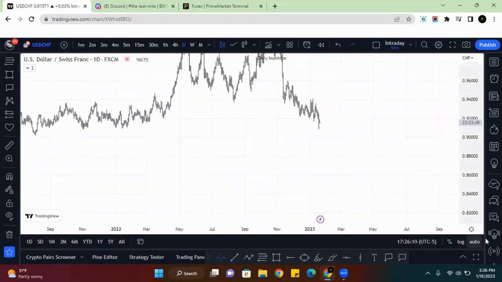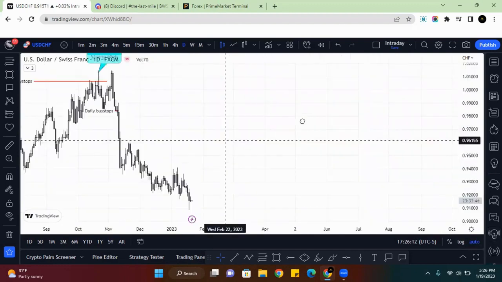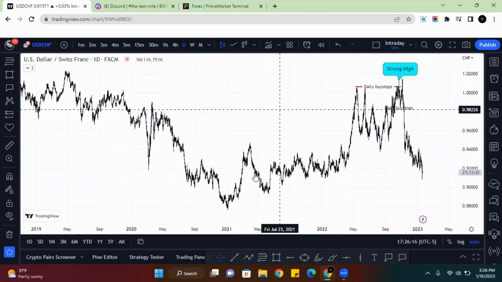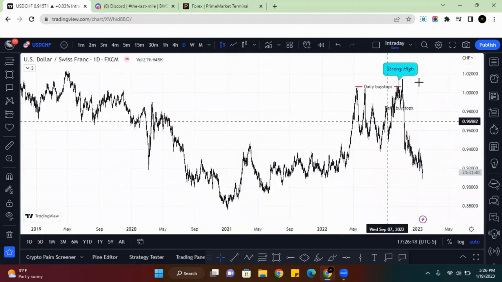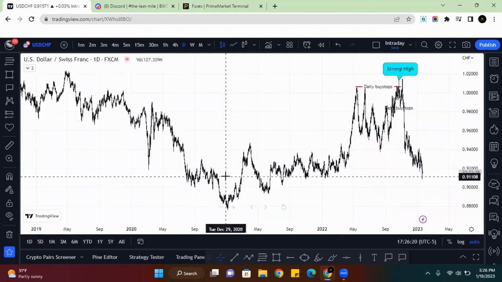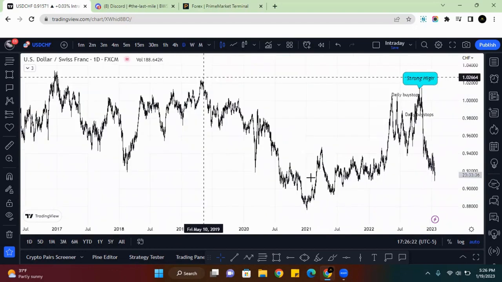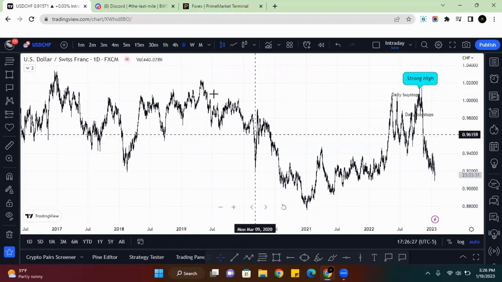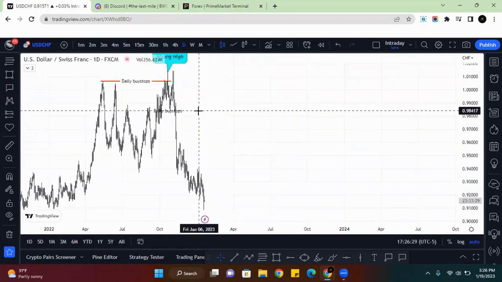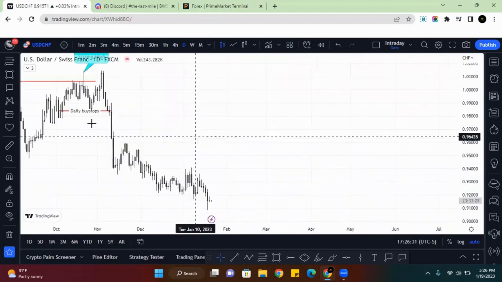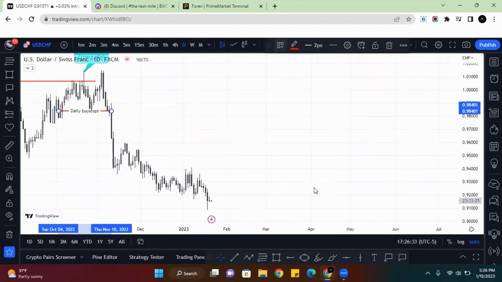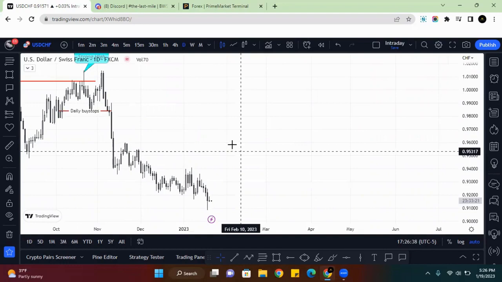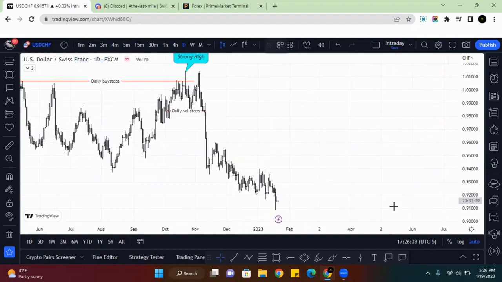But you do have to still zoom in, right? So the best thing to do is zoom out and look left, right? I always tell people when in doubt, look left, because they're going to be coming for some type of liquidity to the left, right? In this case, for this buy right here that happened, the liquidity to the left that they were taking was in this impulse move, and it just continues like that, right? So daily sell stops were right here, not buy stops. Daily sell stops were right here, and you had basically price continuing down.